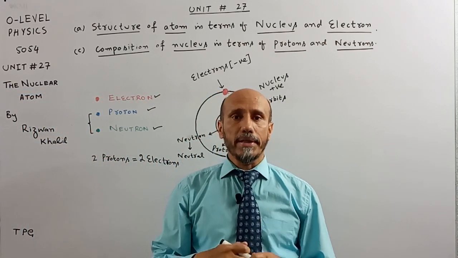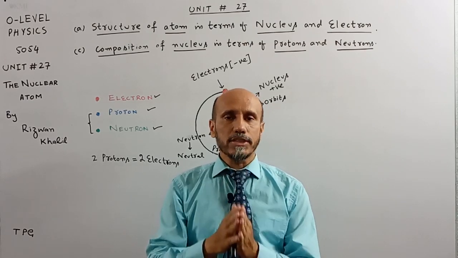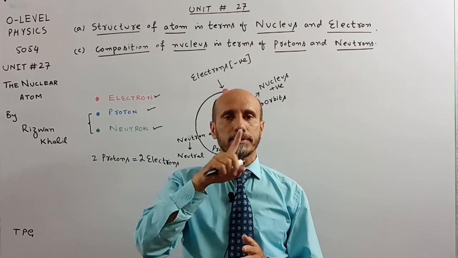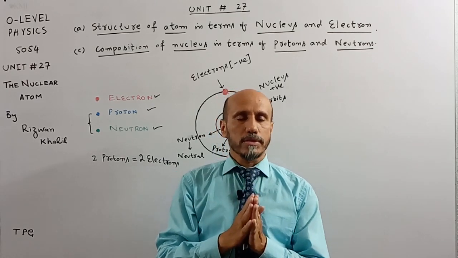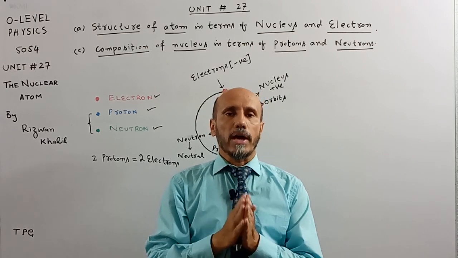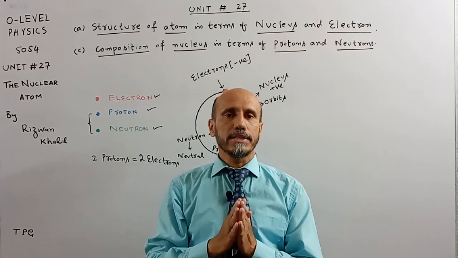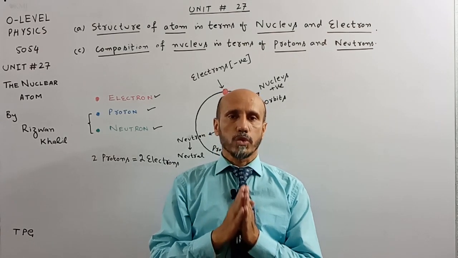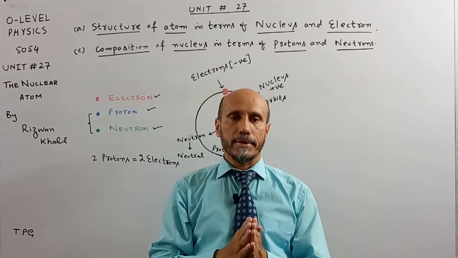Why atom is a neutral particle? Because number of protons existing inside the nucleus is equal to number of electrons revolving around the nucleus. So let's suppose if it carries 2 electrons, then definitely it carries 2 protons. So the charge on the electrons will be equal to the charge on the protons, but since electrons are negatively charged particles and protons are positively charged particles, they will cancel each other. Therefore atom is a neutral particle.